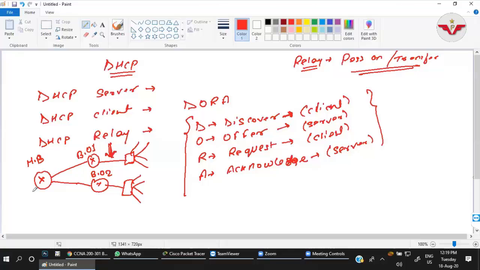This is my main branch. I have kept a centralized server, that is the DHCP server, and I want to provide IP addresses to each and every PC through this server. This server is not in this network, and it might be possible. Just let me make some changes here.